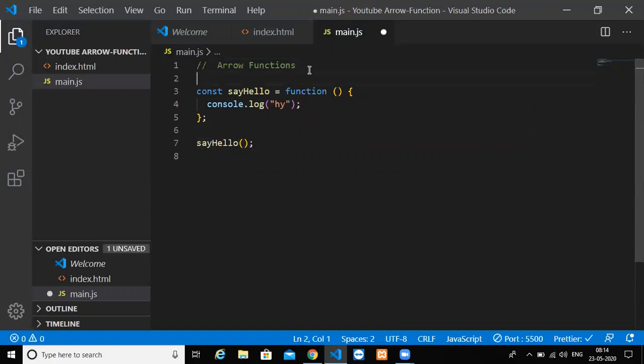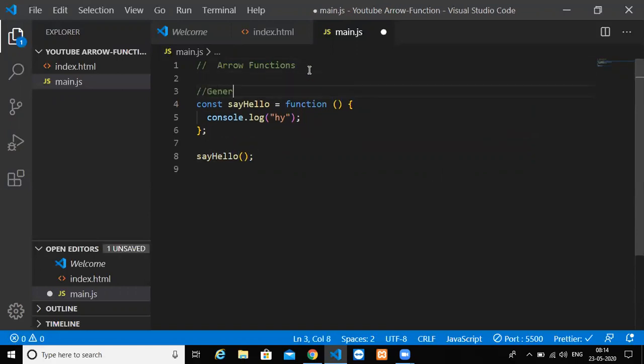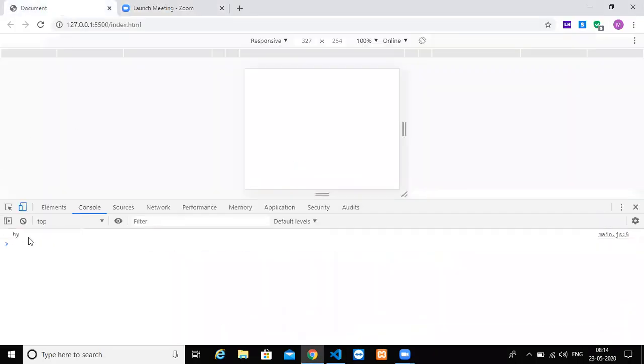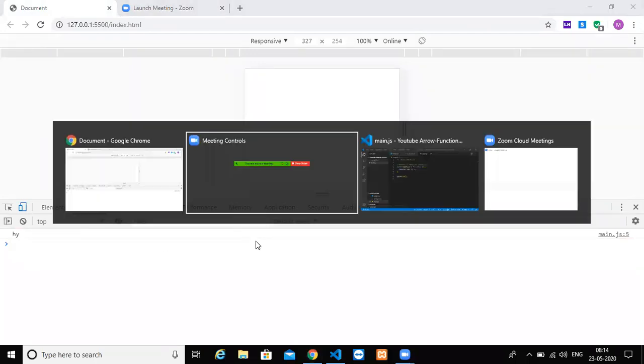General JavaScript function expression, right? If I save it, go back here and check, I'll get hi. There is no surprise. It's a common thing to know.